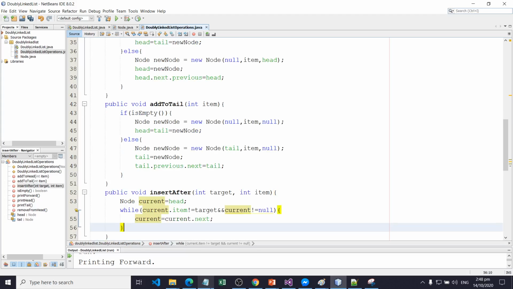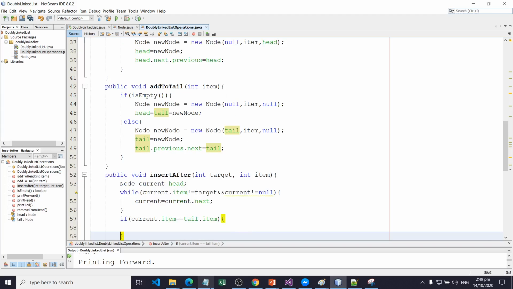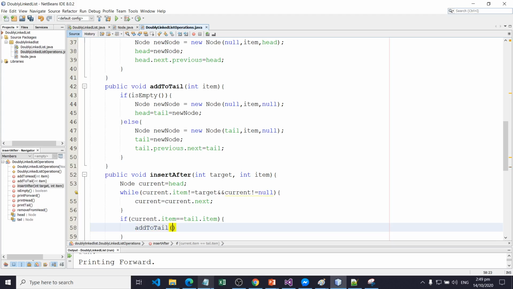Now if the target item is the tail item, so if current dot item is equal to tail dot item, we need to call the method add to tail, and of course pass the item here.